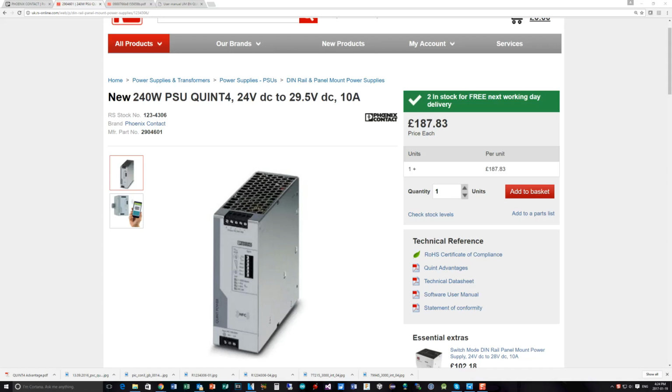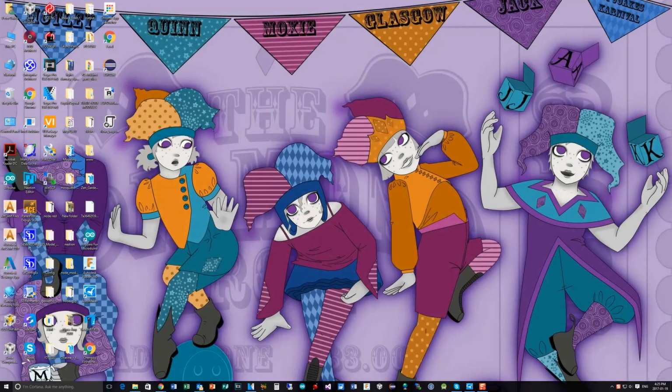Here we are on the RS website looking at the QUINT4 24 volt DC 10 amp power supply. This is the one we were just looking at on the bench. As you can see, it's a lot more expensive than the alternatives. The other power supplies that we were looking at earlier on eBay, the cheapy ones, are probably about $50 each,